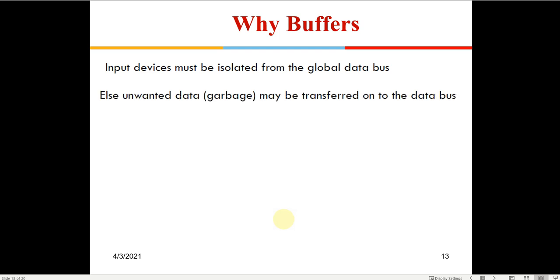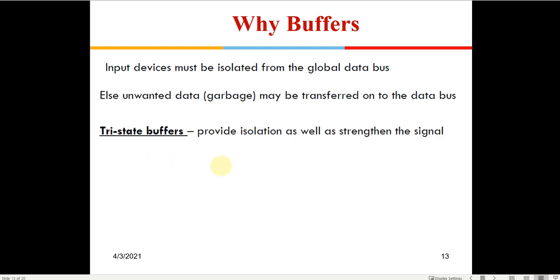In between the data bus and the IO devices, we generally connect buffers. Why do we connect buffers? Because otherwise there will be some noise in these data lines. Suppose the data bus is coming through a PCB to the IO devices; it would pick up some noise, like instead of 0 volt it could be 0.1, 0.2, 0.3 volts. Similarly, at the high voltage, instead of 5 volts it can be 5 plus or minus some stray voltages. So these buffers first of all eliminate these noises.